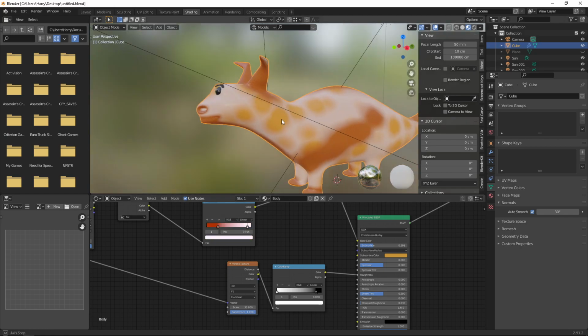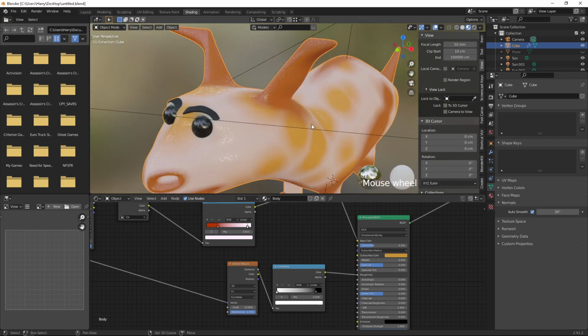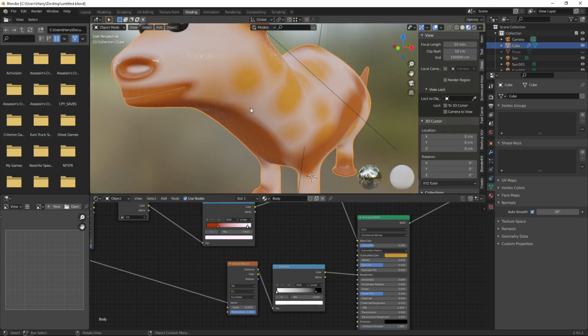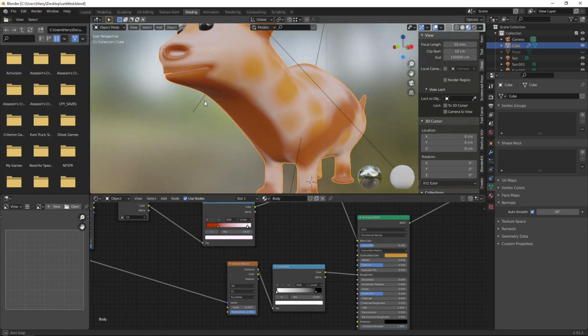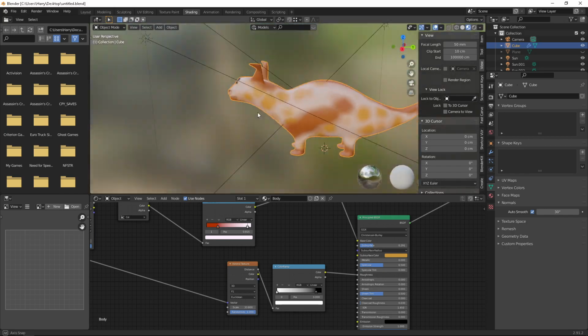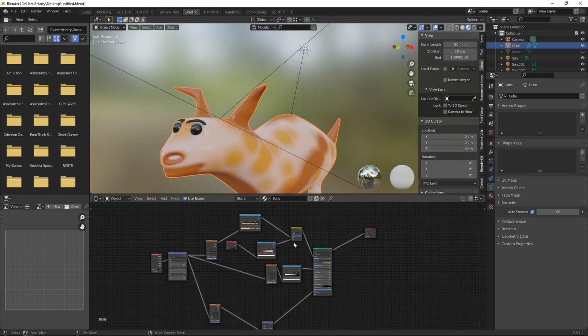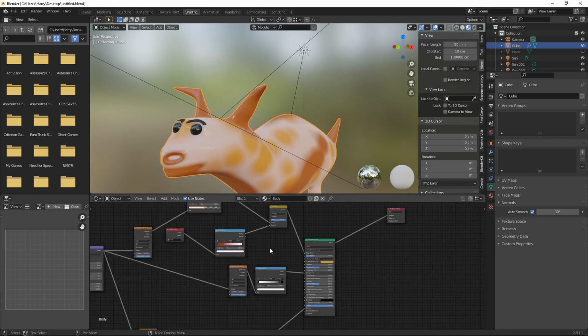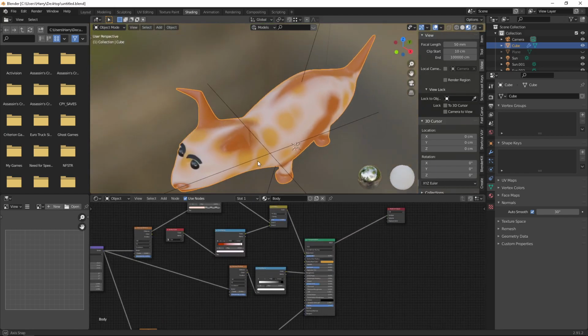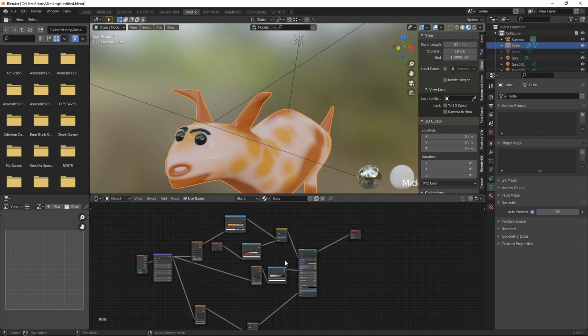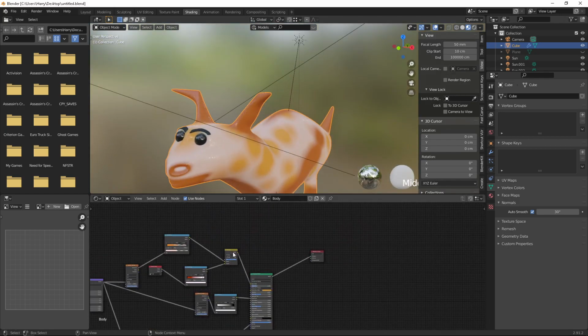Okay, fine. Now our character is ready with these different colors, and I'm going to give more shine for this particular object, right? So okay, better.